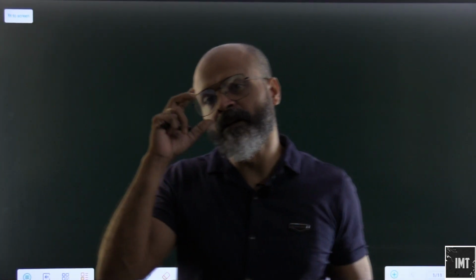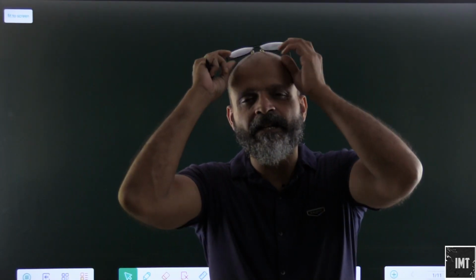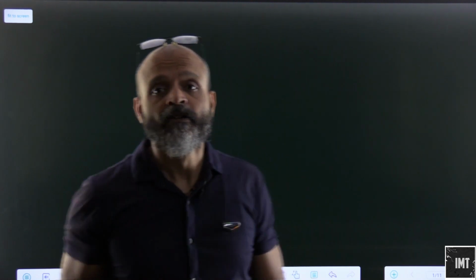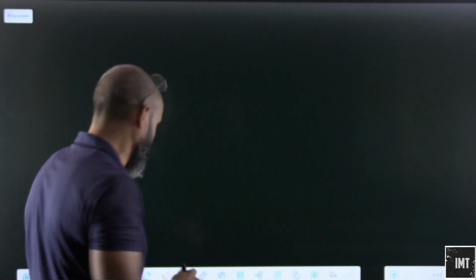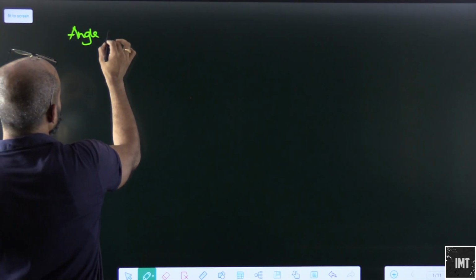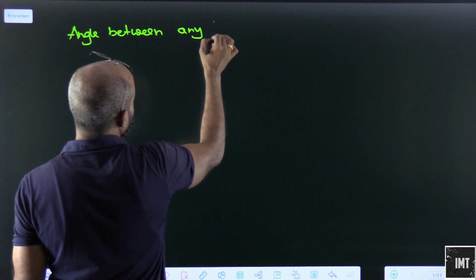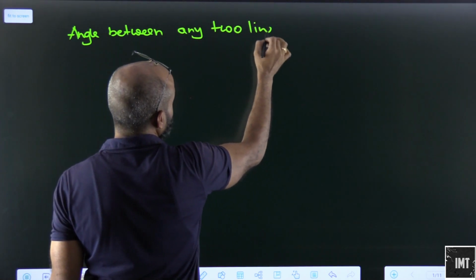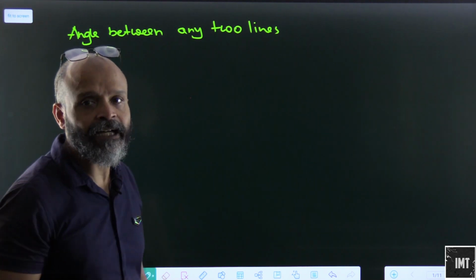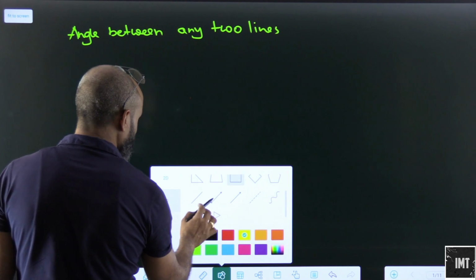Alright, so people, we will carry on with more things on coordinate geometry and the coordinate systems basically, and we will make another derivation here, which is the angle between two lines. So how will we calculate the angle between any two lines? Let's say we have the coordinate system here.